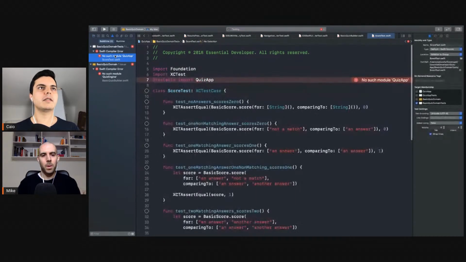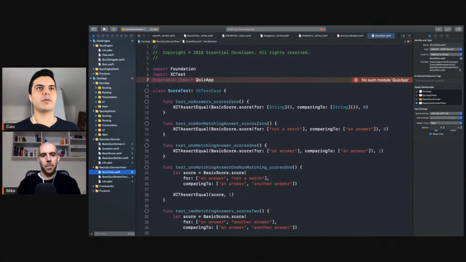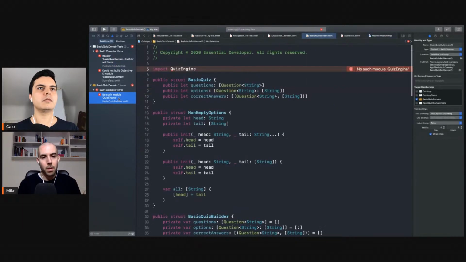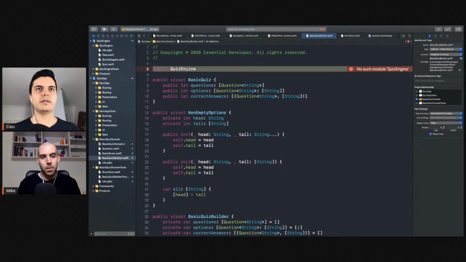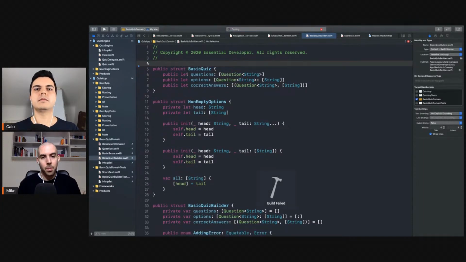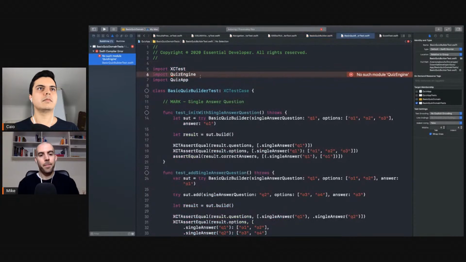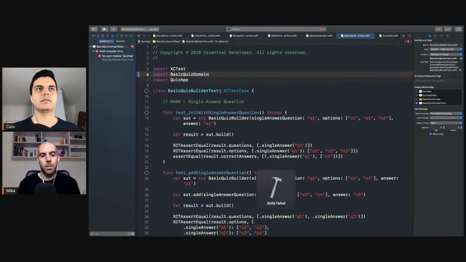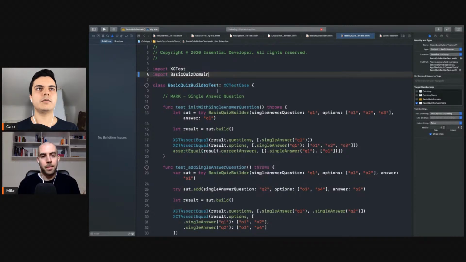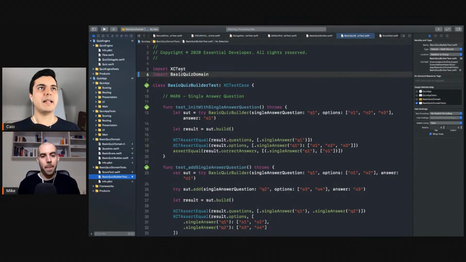Build failed. Let's check. All right. Instead of importing the quiz app, now we need to import the quiz basic score. Yeah. Quiz domain. Yep. The next one is, we don't need the quiz engine here. Okay. The same here. We need a quiz app. Okay. Right. Now the basic quiz domain layer module has all its dependencies